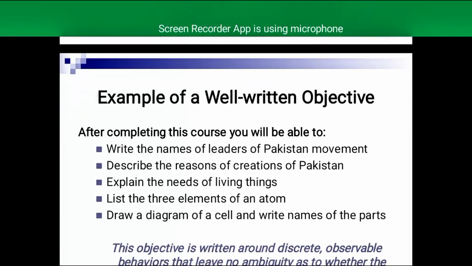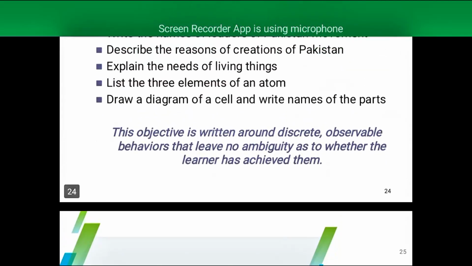Example of well-written objectives. After completing this course, you will be able to write the name of the leader of the Pakistan movement, describe the reasons for the creation of Pakistan, explain the needs of living things, list the three elements of an atom, draw a diagram of a cell and write the names of the parts. This objective is written around discrete observable behavior that has no ambiguity as to whether the